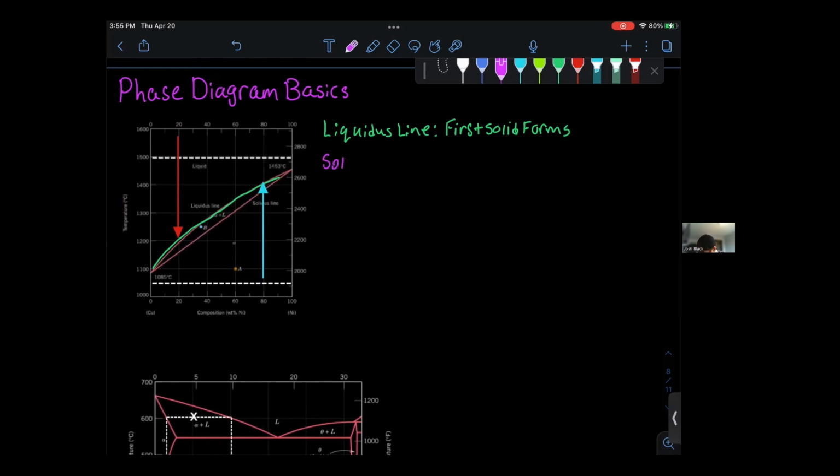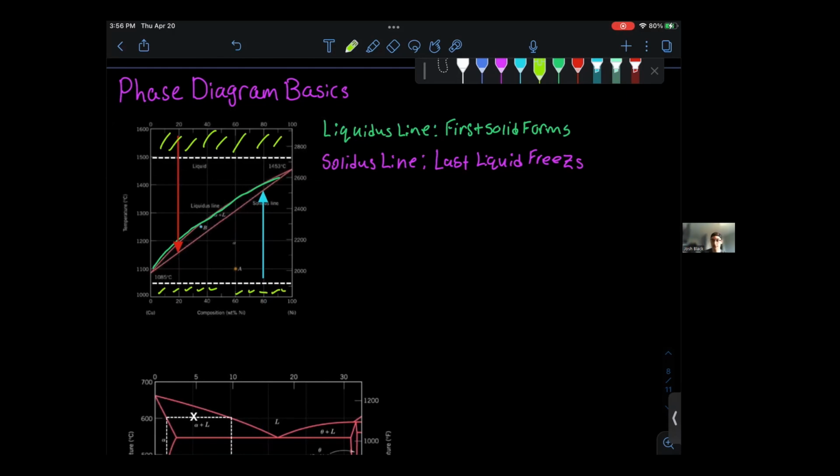The solidus line, again, depending on the direction I'm coming from, it can be where the last liquid freezes, or where the first liquid forms. If I'm coming from this direction, the solidus line is where the first liquid forms. If I'm coming from the direction of the red line, the solidus line is where the last liquid in the system freezes. Now, if we go to these temperatures marked off by the dotted lines,